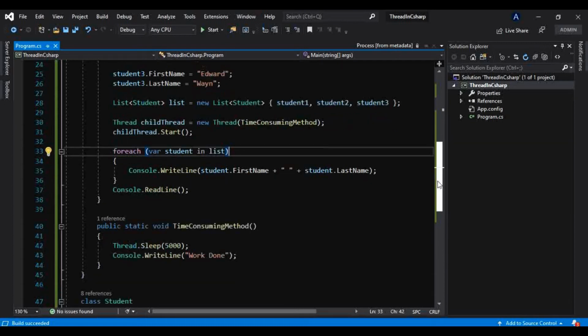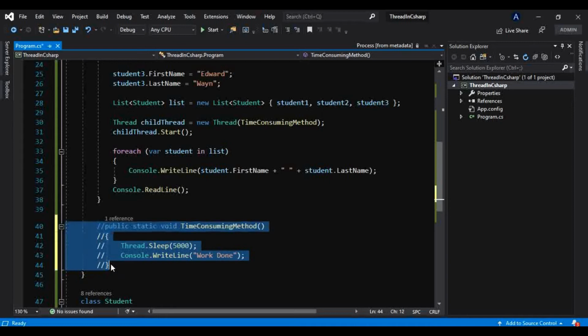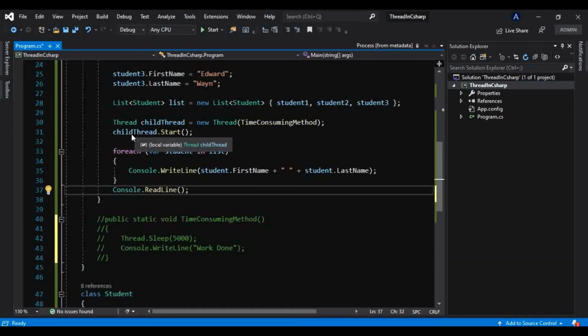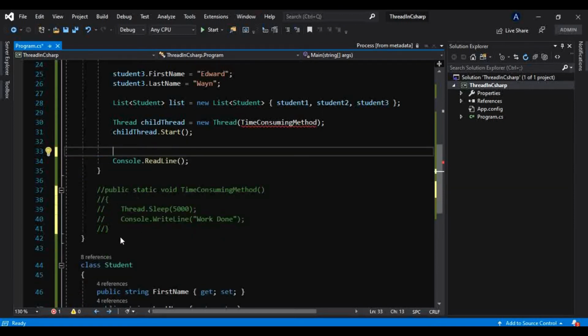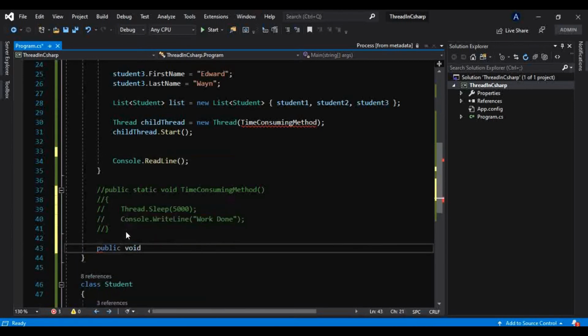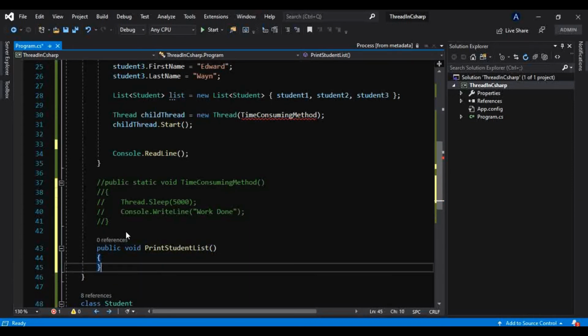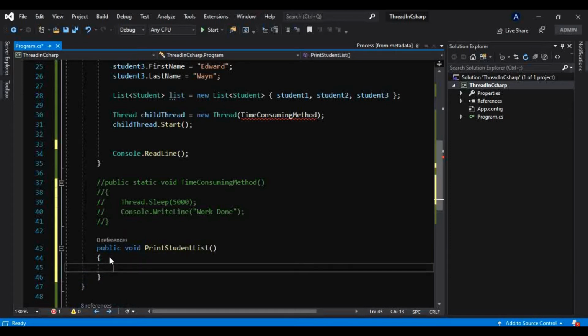For that, I will just comment this for now, instead of removing it, and instead of using this code like this, let me put it into a separate method. So public void PrintStudentList, and I will print that through this method.